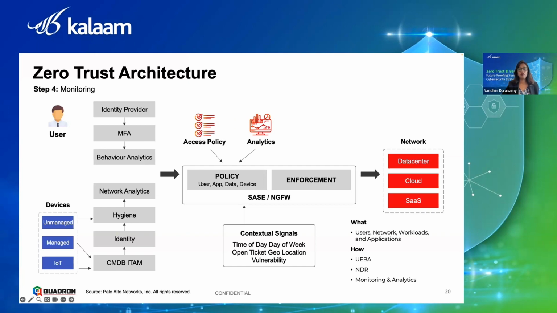Once you have done that, then there is a monitoring part. You will create a baseline. You need to establish a baseline of normal network and user behavior. So this will include the network traffic patterns, user access patterns, and application usage. And once you have the baseline, you will constantly do continuous user authentication. Every time, you authenticate and authorize using mechanisms to verify the identity and the trustworthiness of users and the device accessing. If you find any changes, then it will block,